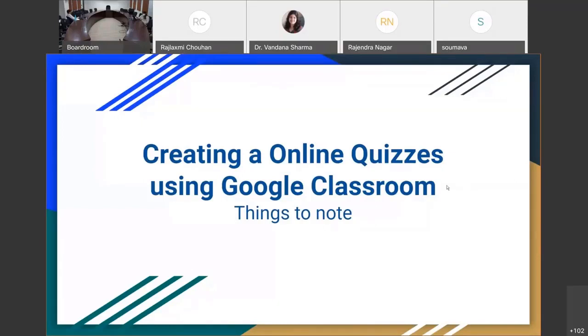But when they complete a quiz and they've clicked submit on the Google form, after that, they also need to turn in this assignment on Google Classroom. If they do that, then you will be able to see their scores, and you will be able to import the scores also. If they don't do that, then you cannot release the score to them. You can release it from the form, but you cannot see it on Google Classroom.